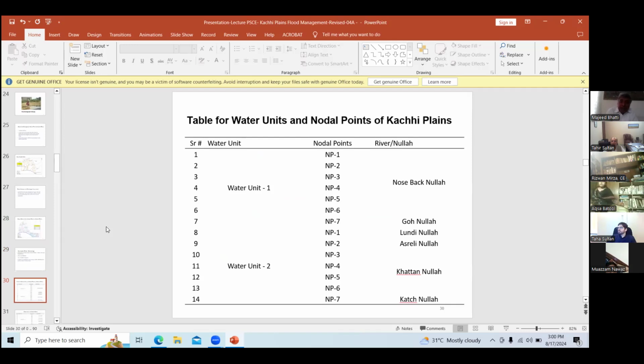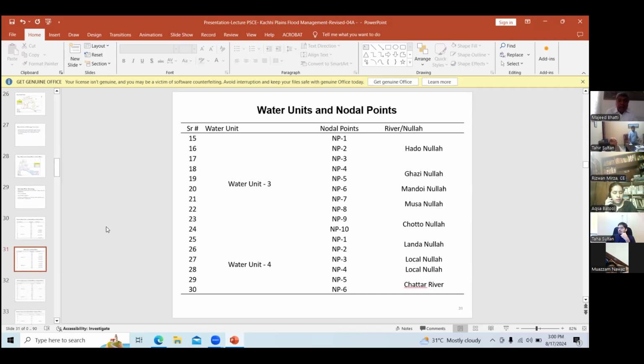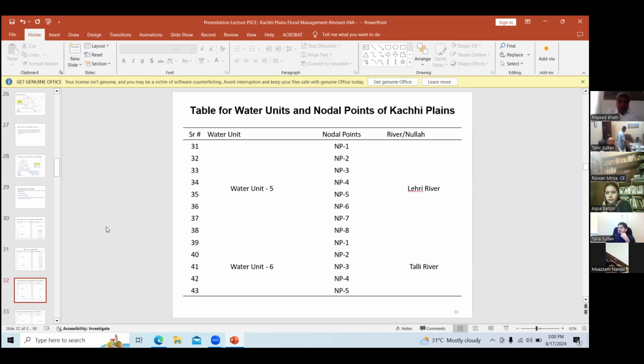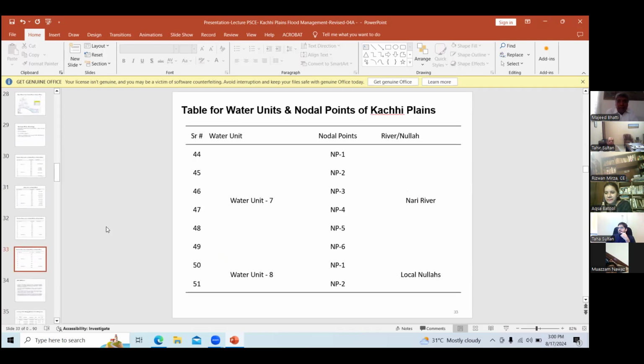You can see the nodal points there, NP1, NP2, NP3, 6, 7. The next unit, unit 2, has 7. The other one has 7. Unit 3 has about 10. Unit 4 has 3. Unit 5 has 8. And unit 6 has, you can see, overall it is about 57 nodal points.